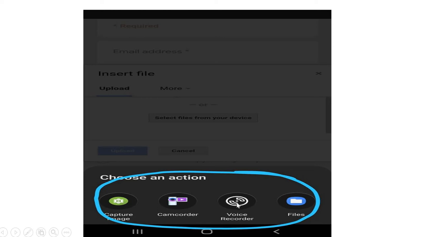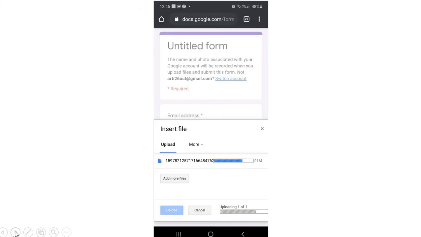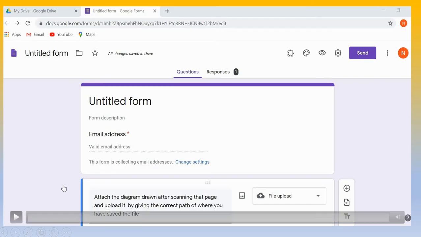So the student can select whether it is a voice file or an ordinary document file. Then after selecting the file, he or she has to give the path from where it has to be taken or uploaded. Then the image will be uploaded and we will get the image like this.